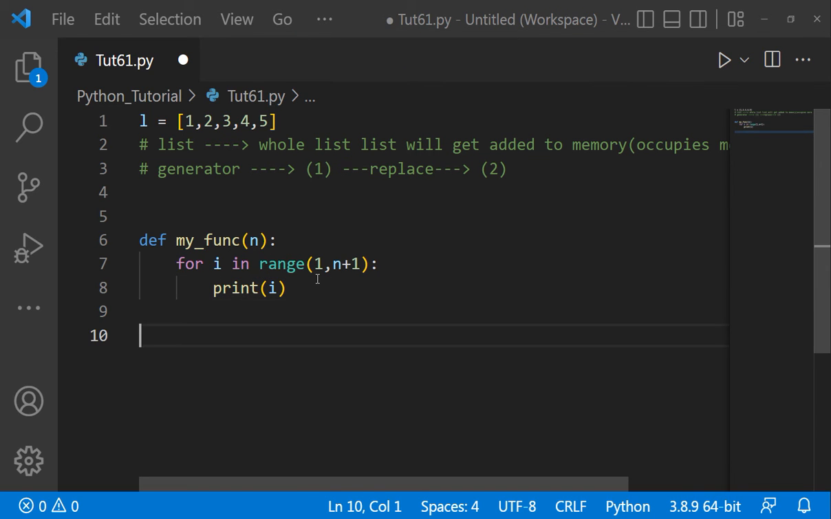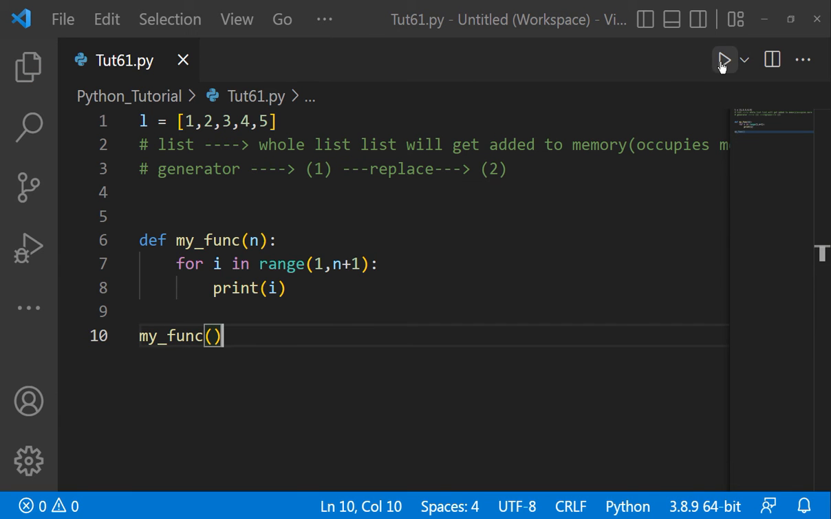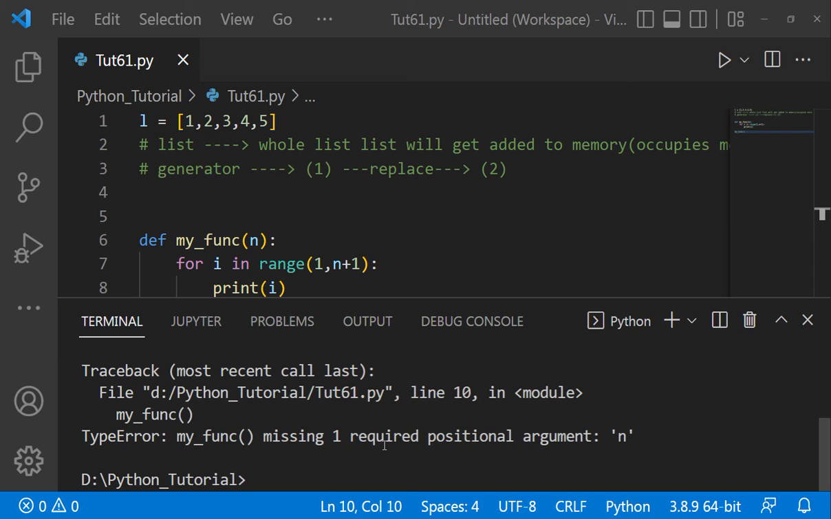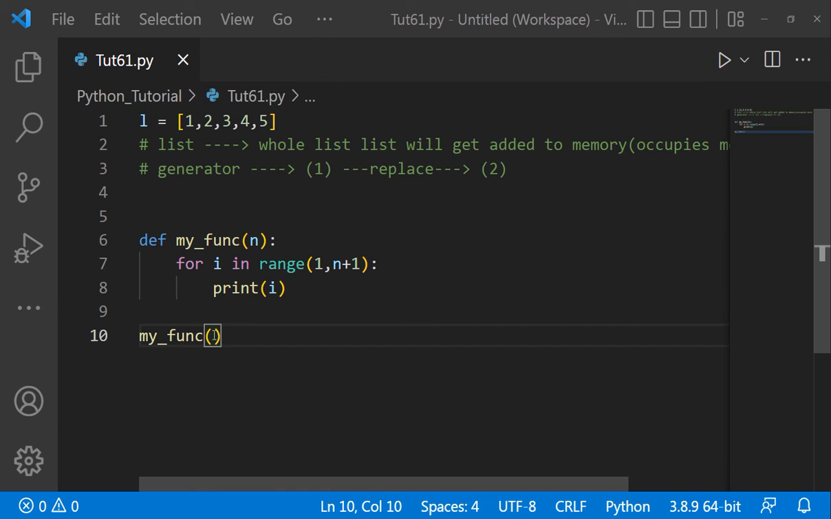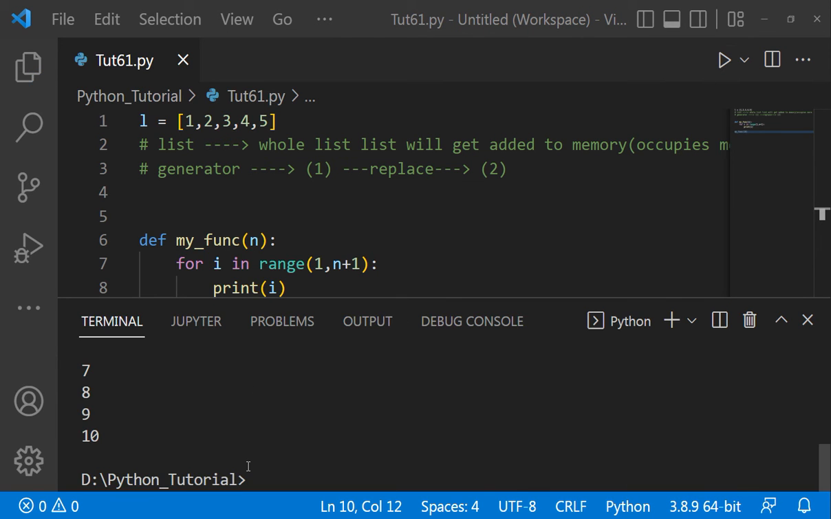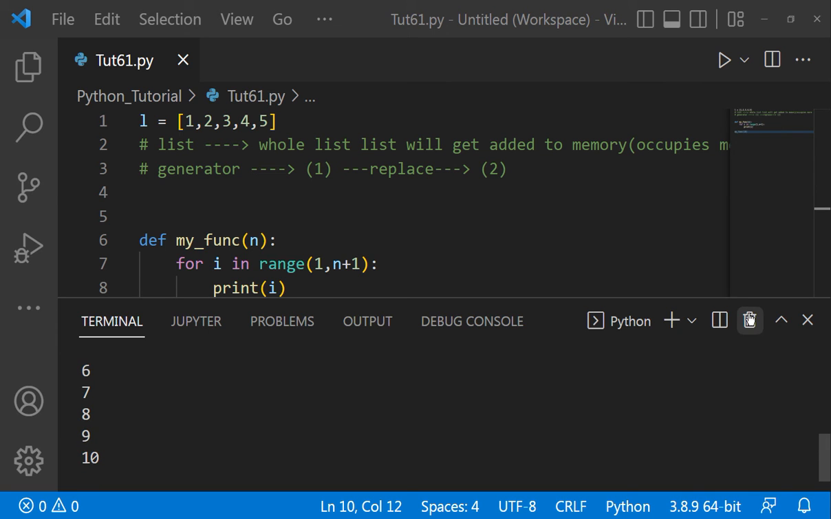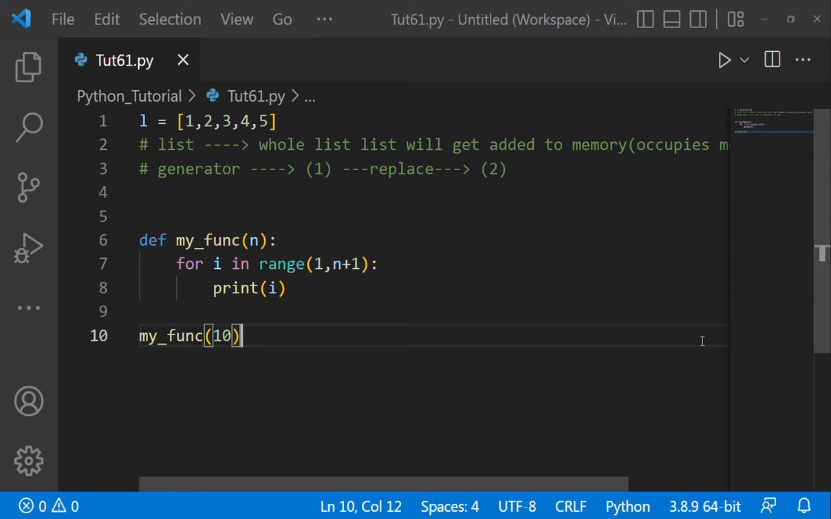Now if I call my function myfunc, oh sorry, let's give the function n to be 10. Okay, 1 2 3 4 5 7 8 9 10. Okay, so